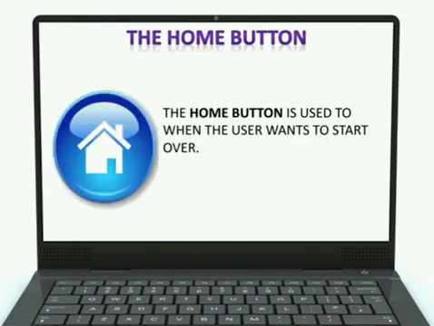Next is the home button. As the name suggests, it takes you to the home page. We have already learned about home page. Home page is the first page of any website. Okay. Now, at its most simple use, the home button is used when you get lost on your back and forward path. It means when you have visited several web pages and you have forgotten how many times you have to press the back button or forward button, you just need to start over again. Then simply click on the home button.